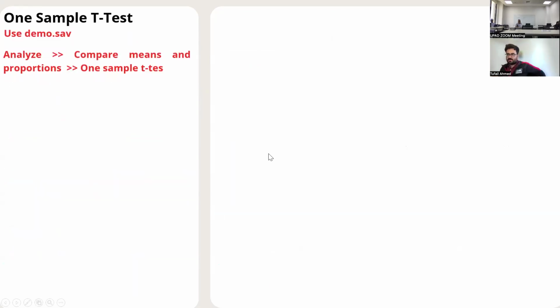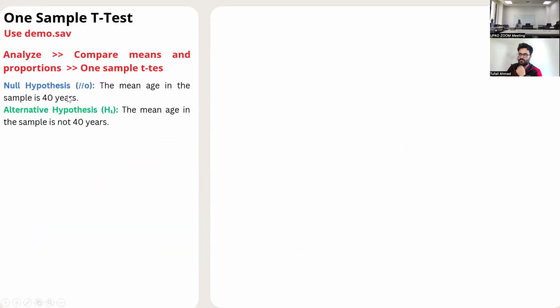So how do we use the one sample t-test? We will use a demo data set here. I want to see whether the mean age in my data is 40. Let's say I have 6,400 observations. I cannot manually calculate everything. 6,400 is a huge sum; if I started doing it manually, it would take hours and hours. So I will specify the null hypothesis that the mean age of my population is 40. And I will state the alternative hypothesis as well, that the mean age is not 40. It's actually the rejection of the null hypothesis.